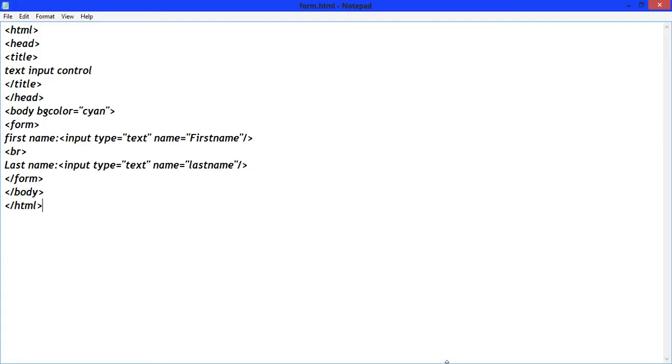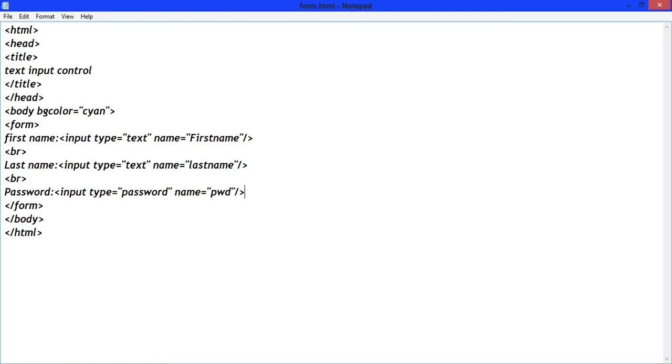Now open your text editor and write here br and write password input, write type equals to password. You can also give your name equals to password.